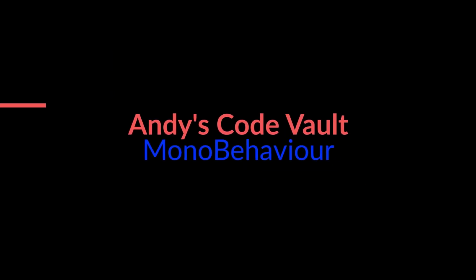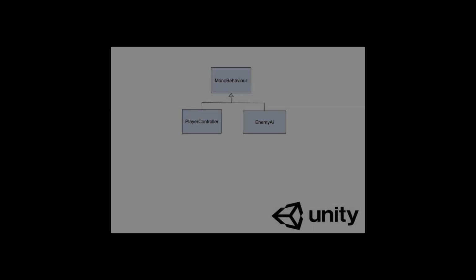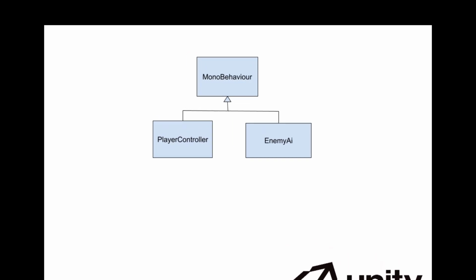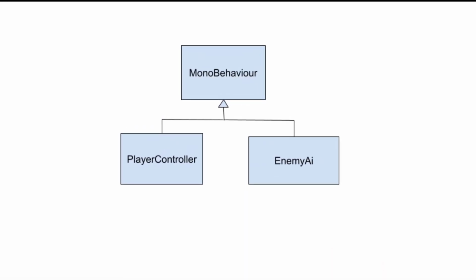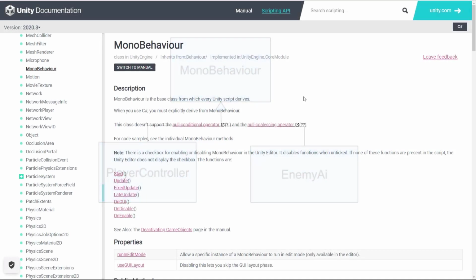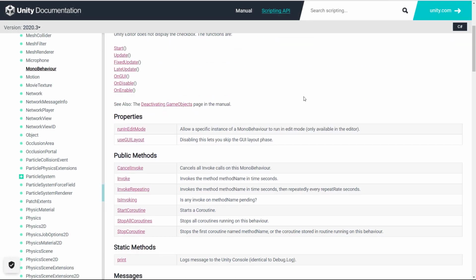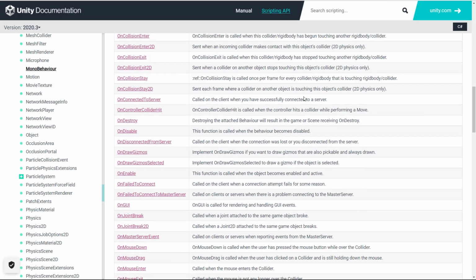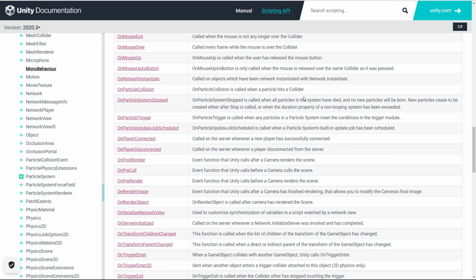Today I want to talk about MonoBehaviours. A MonoBehaviour is the base class that allows you to interact with game objects in Unity. In order to use a MonoBehaviour, you have to create your own class that inherits all the abilities of the MonoBehaviour. And when you do that, you get access to lots of events and properties that allow you to interact